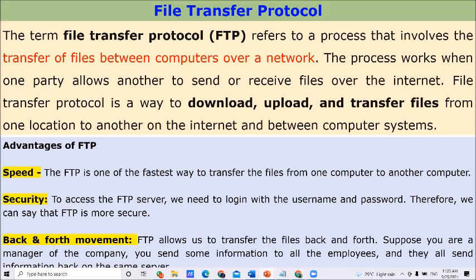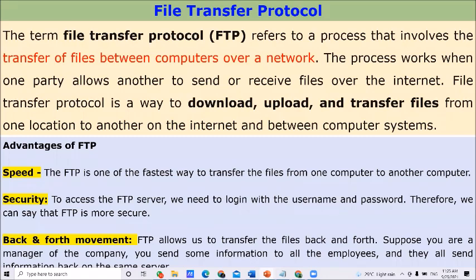Speed is normally higher than normal transferring of data because of this file transferring protocol. Also, it improves the security of receiving and transferring data. If you are using the file transfer protocol, then you can set a username and password before receiving or downloading the information. Because of this facility available with the file transfer protocol, we can say security is increased due to the use of FTP.